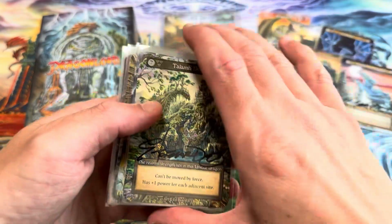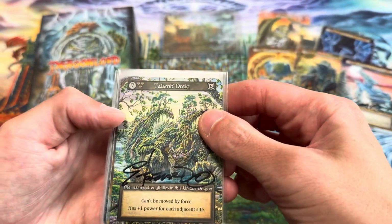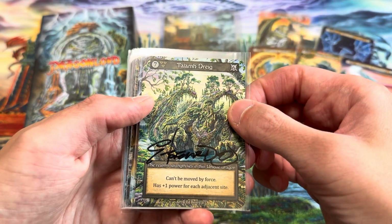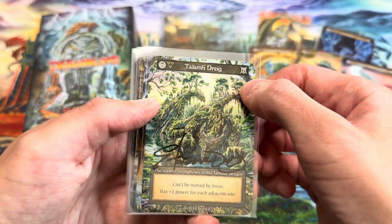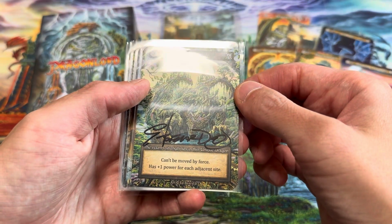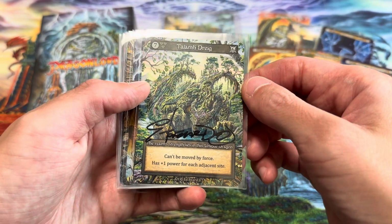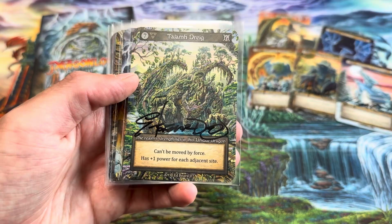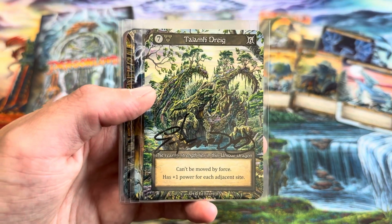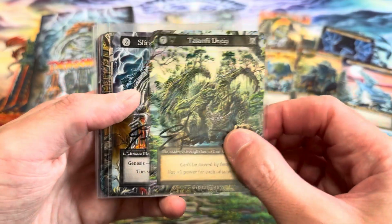dragons. The next dragon in the set was the Talam Dreeg. Costs 7. It is 3 earth threshold, and it has 6 power and toughness. The realm's strength lies in the unique dragon, and it cannot be moved by force. It has a +1 power for each adjacent site, and its TCGplayer current market price is $15.33 for the